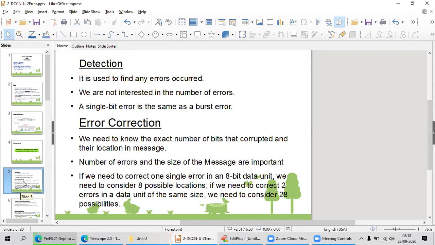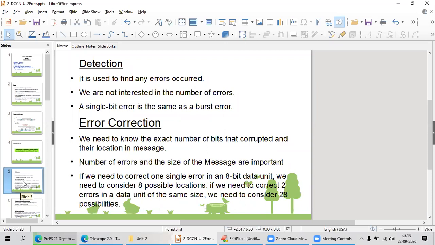Number of errors and size of the message are important. In detection, I need not have any issues whether it is a single bit error or a burst error. But in case of error correction, the number of errors and the size of the message are important. If we need to correct one single error in an 8-bit data unit, we need to consider 8 possible locations.